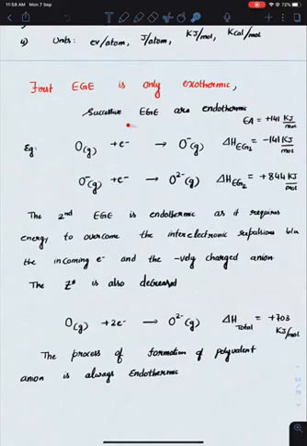ये वाला point बहुत important है. If you are forming a polyvalent anion, मतलब you are adding more than one electron, the process of formation of polyvalent anion will always be endothermic. First electron add करते समय जितना भी energy release हो रहा है, on putting the second electron, उससे भी ज़्यादा energy आपको देना पड़ेगा. So overall process देखा तो, if you are adding these two equations, the overall energy is nothing but endothermic. Positive value आएगा हमेशा.